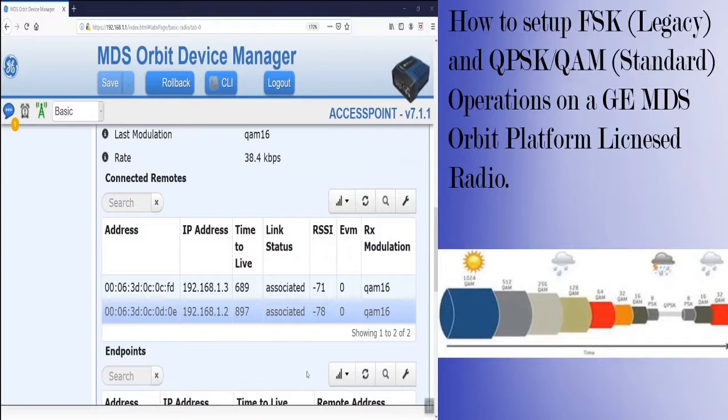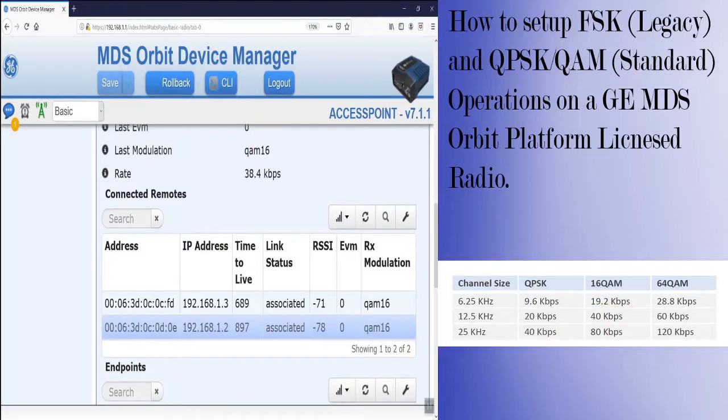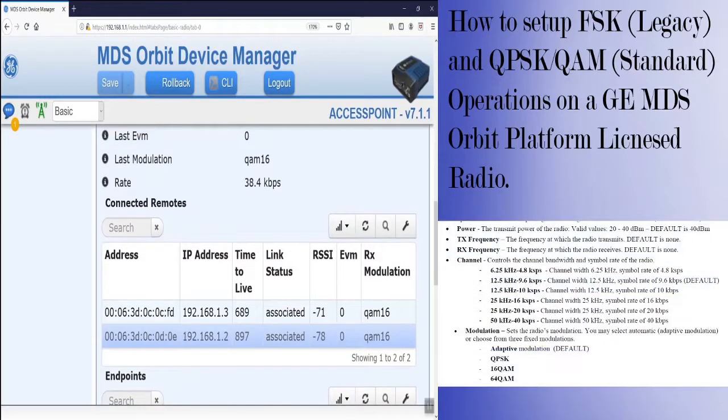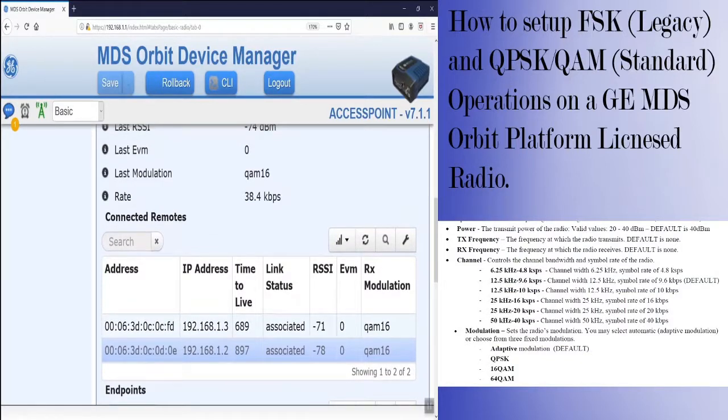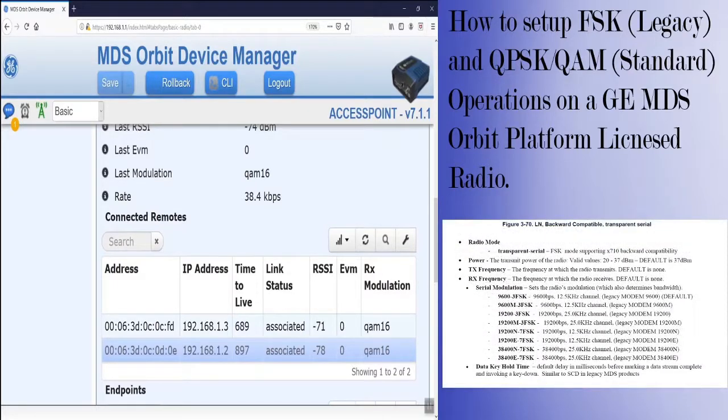So, what I've done at this point is I've manually configured my two remotes on QAM16 to help improve their signals. Remote 2 has been giving me issues today, and it's been hard connecting to it while it was in QAM64. So I put it to 16, which has significantly increased its RSSI. If you recall, it was hitting high 85s earlier. Just changing its QAM has significantly improved its signal quality, and it's even removed all the errors. So this is another